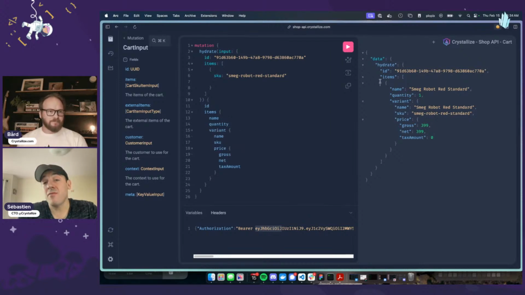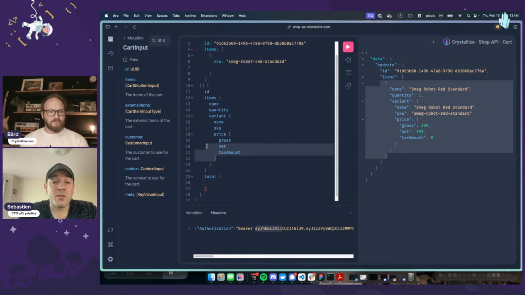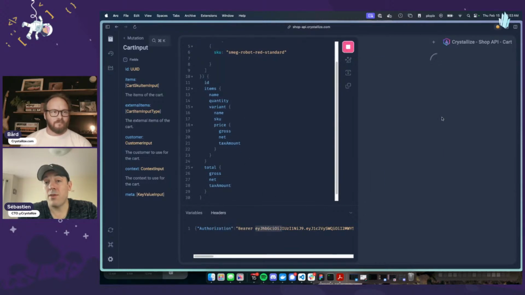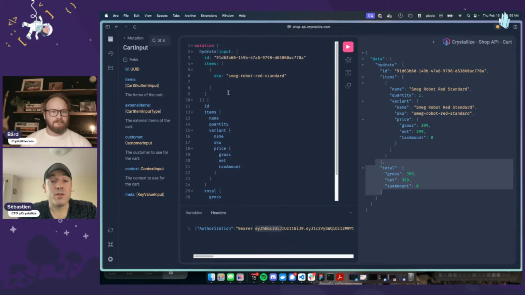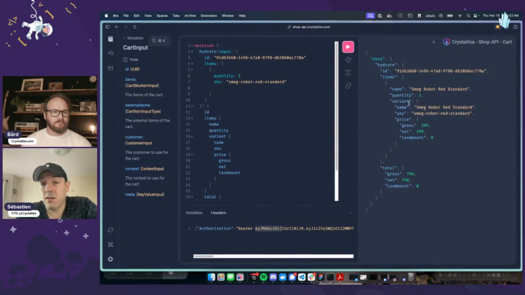But maybe here, I'd like to display the total, right? So let's put the total at the end. And what do I want for the total? I could create a fragment here. Let's do it this way. I want the net, the price, tax amount, maybe, and we'll discuss the discount after. So here I have the total, and obviously, if I change the quantity, I'm going to get the same unit price, but I'm going to get the total, right? So that does the calculation, and we'll see that it does